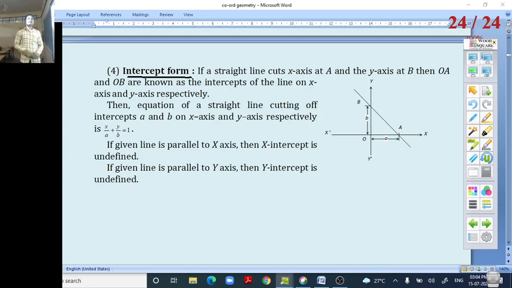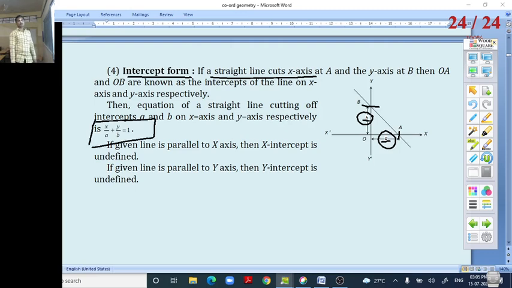When only the y-intercept is given, we call it the y-intercept form of the line. Whenever only the x-intercept is given, we say the x-intercept form of the line. So if a straight line cuts the x-axis at A and the y-axis at B, making some distances small a and small b at A and B respectively, then the equation of such a line is given by x by a plus y by b